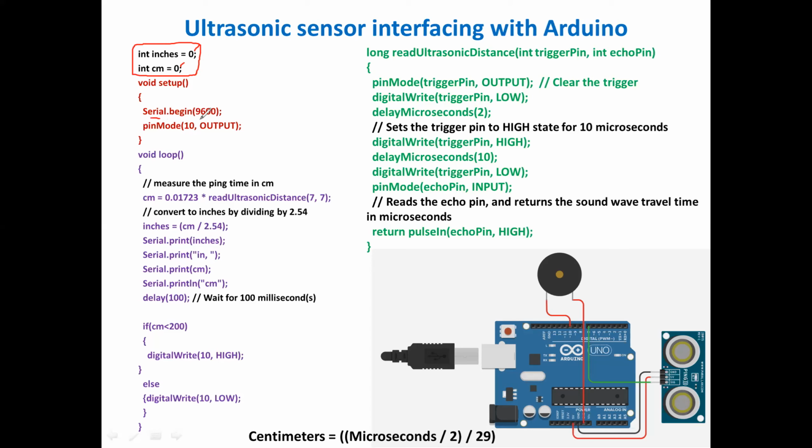So I'm going to display my data in the serial monitor. That's why I mentioned this particular function, Serial.begin(9600). These are all for the serial monitor. This function is mainly for monitoring the distance in the serial monitor.